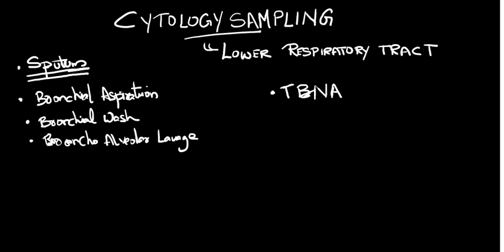With the help of that needle you can take a sample, and usually TBNA is used to take samples from the mediastinal lymph nodes. The bronchus is basically pierced, and the needle reaches the mediastinal space where we have the enlarged lymph node,